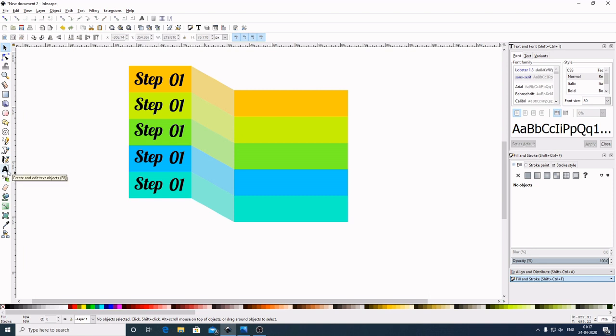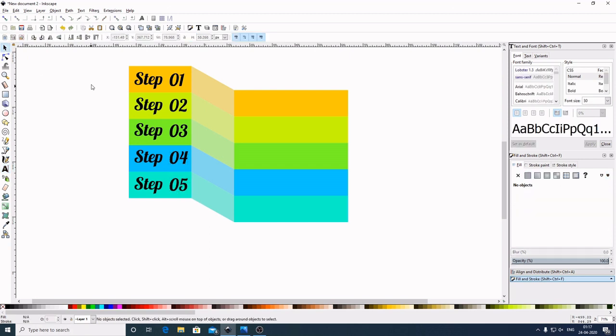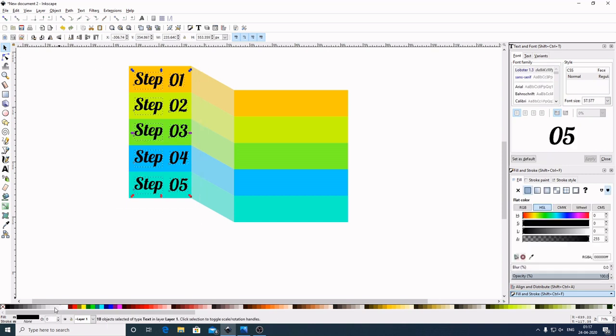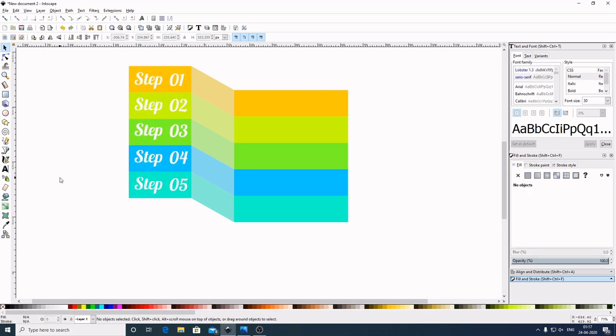Now again select this one, create an edit text object. Now I will come here and select it here. Press backspace to delete. Now I will increase the number to the 2. Now come here, click it, backspace, give it a value of 3. Select this one, backspace 4. Select this one, backspace 5. Now select this. Now select out of the graphic first and grab over this whole and give it a white color. Now select out of the graphic to deselect.